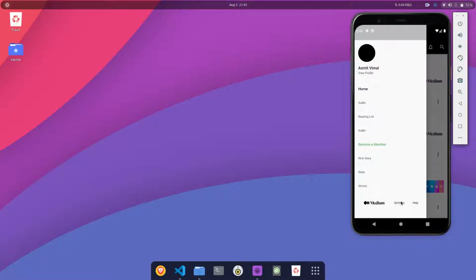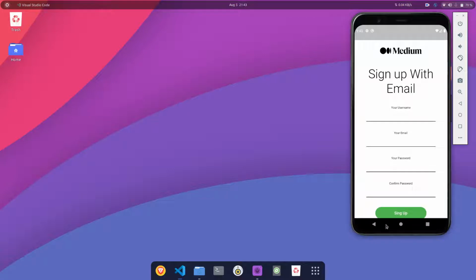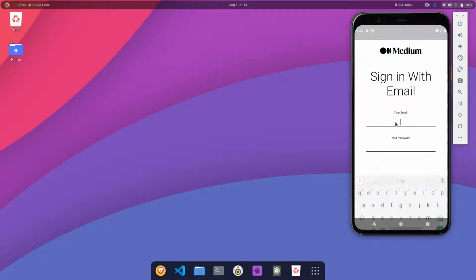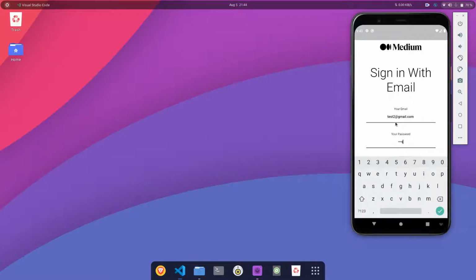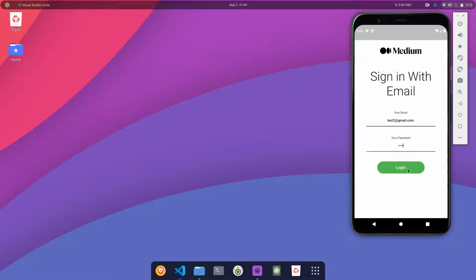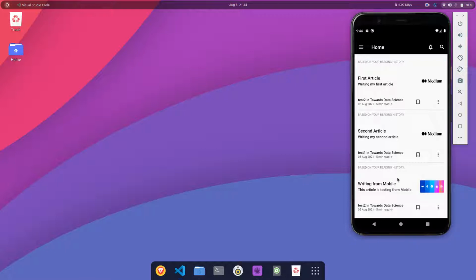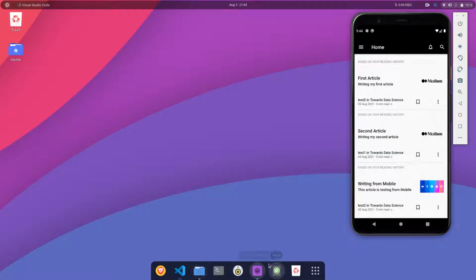And the sign in and sign out pages that I forgot to show are here. There you can sign out, and then you get this landing page for sign in and sign up. You can have a different page like sign up with email, and for signing in you can use sign in with email. Like I can type test2@gmail.com here, test, and then clicking login, they will be logged in as that user. So this is the part that I have made till now. Let's move to the code part.